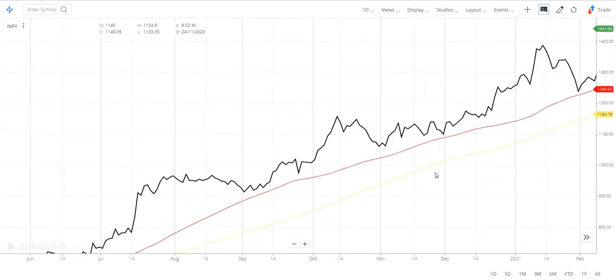So the thing is that as prices come close to the moving average, that's the point you are going to buy. Okay, now the question arises: at which moving average am I going to buy? There are so many moving averages. So where should I buy? Should I buy near the 50 SMA, or near the 100 SMA, 200 SMA, or a 10-minute SMA, or a 10 SMA or 20 SMA? At which SMA am I going to buy the stock?